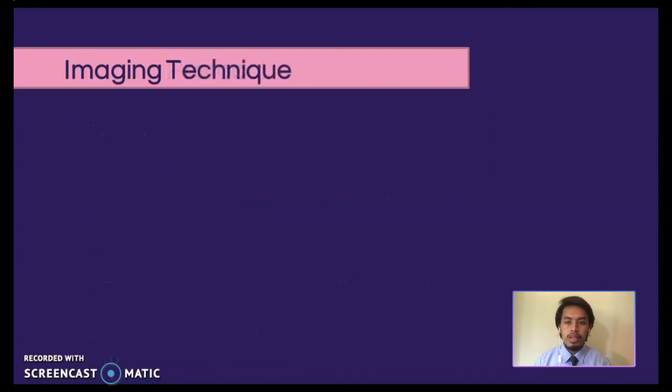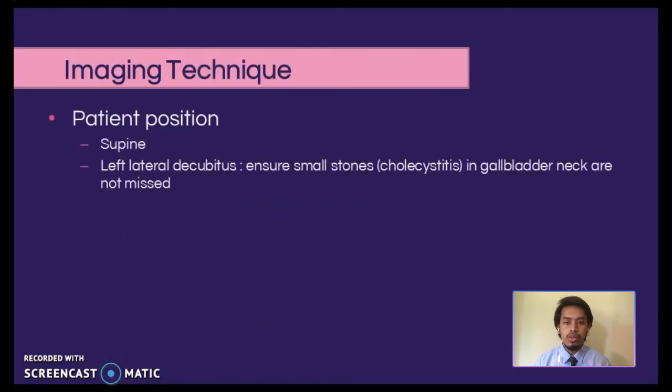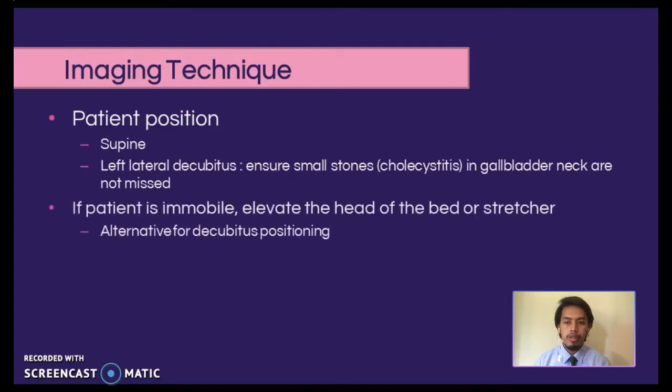Patients are imaged in the supine position, but the left lateral decubitus position is essential to ensure that small stones located in the gallbladder neck are not missed. Additionally, patient movement demonstrates mobility of intraluminal lesions and differentiates stones from polypoid mural lesions. Other useful positions include the right lateral decubitus, semi-erect, erect, and prone. If the patient is immobile, elevation of the head of the bed or the stretcher is an inferior substitute for